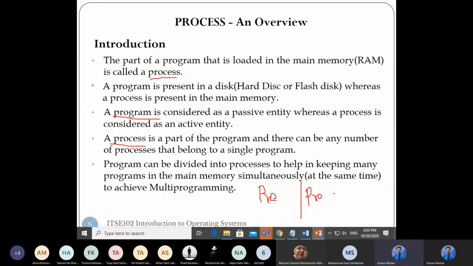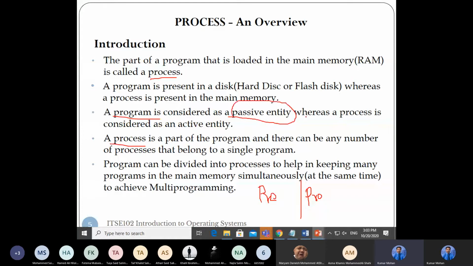Please, all of you be active first of all. Which one is active? Process is active or program is active? Process. Process is the active entity and program is a passive entity.